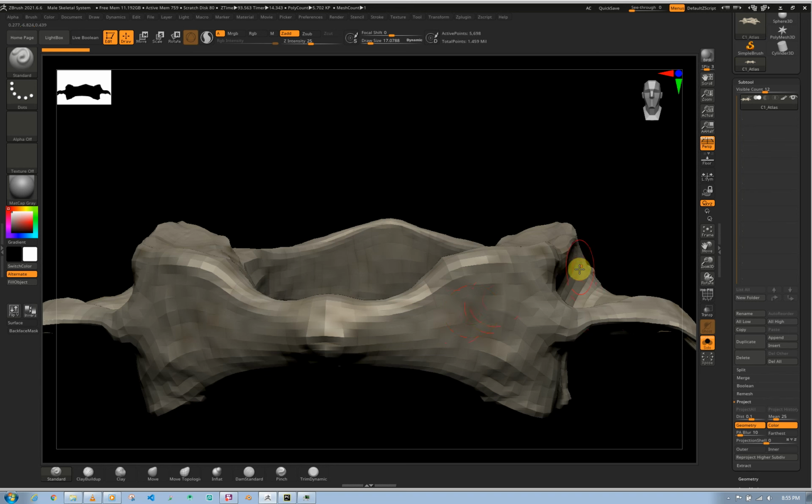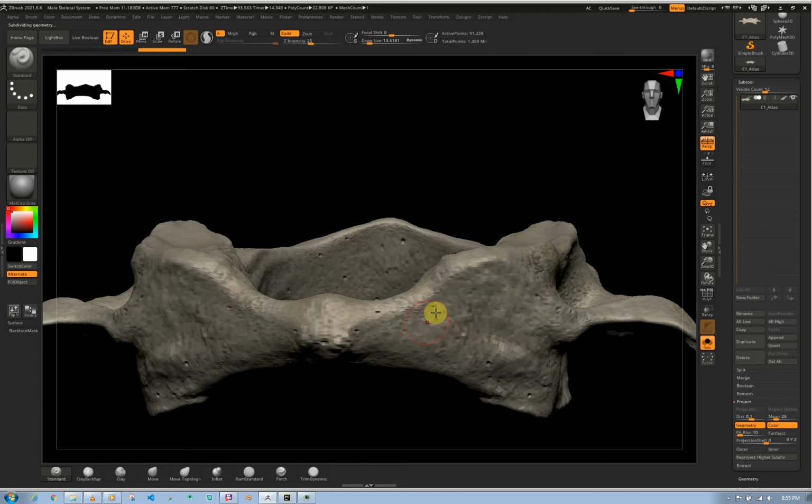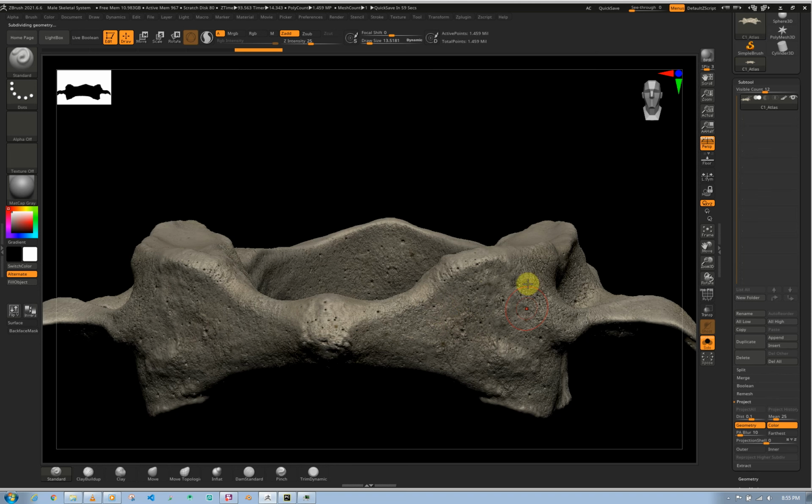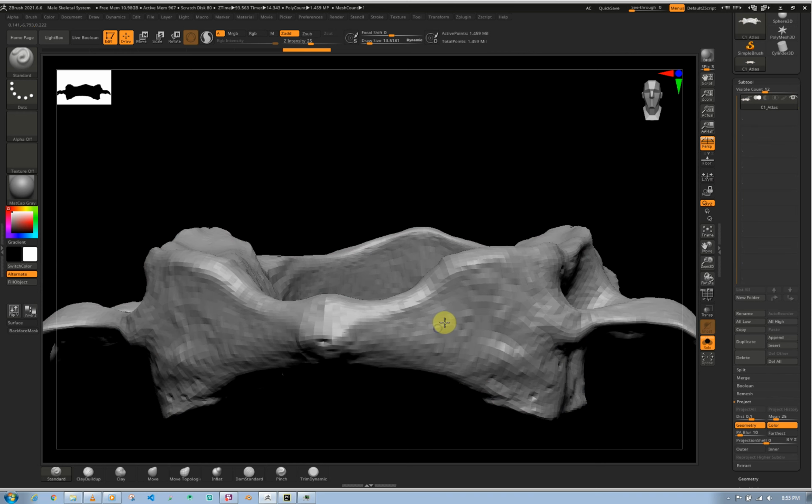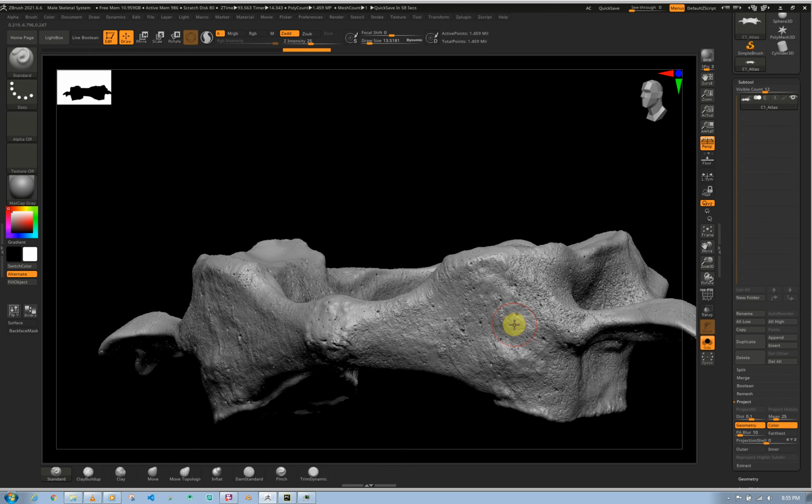If you have been following along on our channel, you have seen how we're obsessed with high details, so HD geometry. But for this we're just going to use normal subdivisions. If I press D on my keyboard, you can see the amount of details we're able to capture for these bones. Let me just turn off the polyframe. If you click this brush over here, you can see the amount of micro details. So this was entirely hand sculpted,